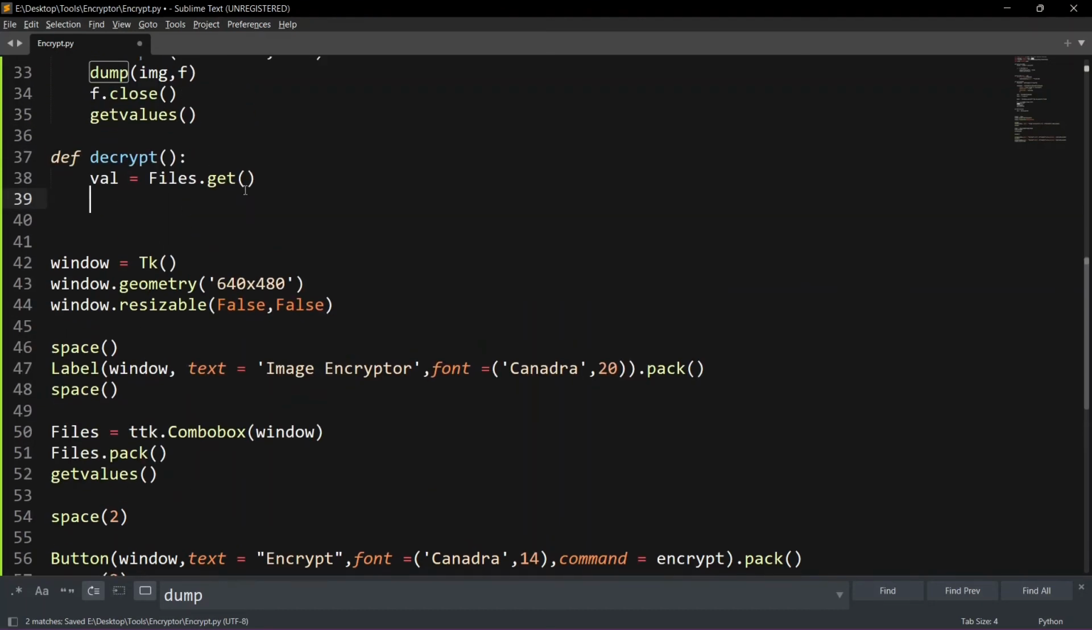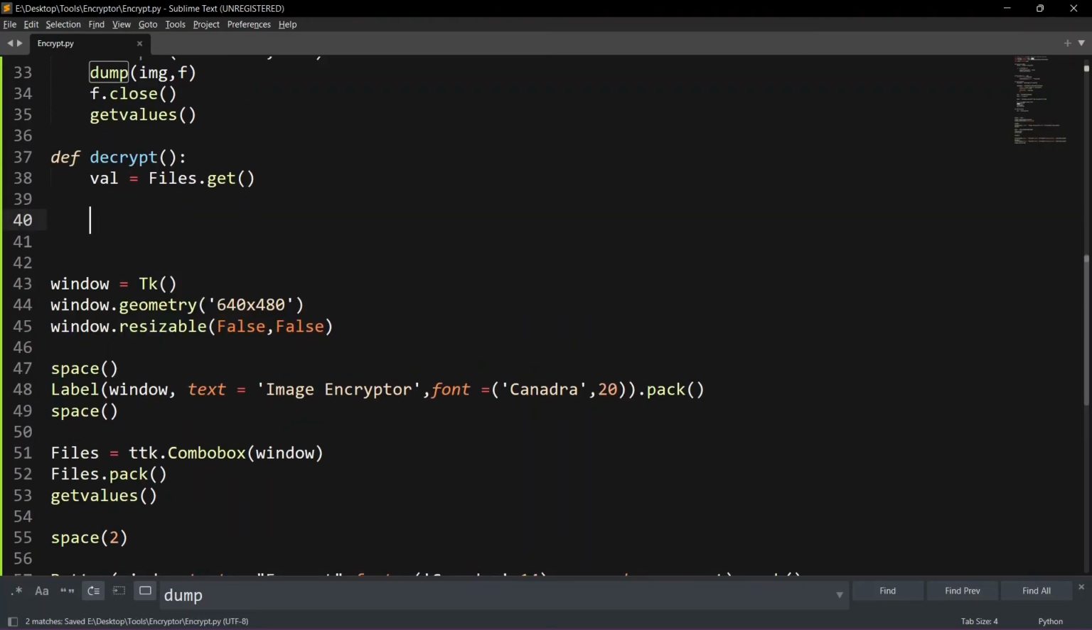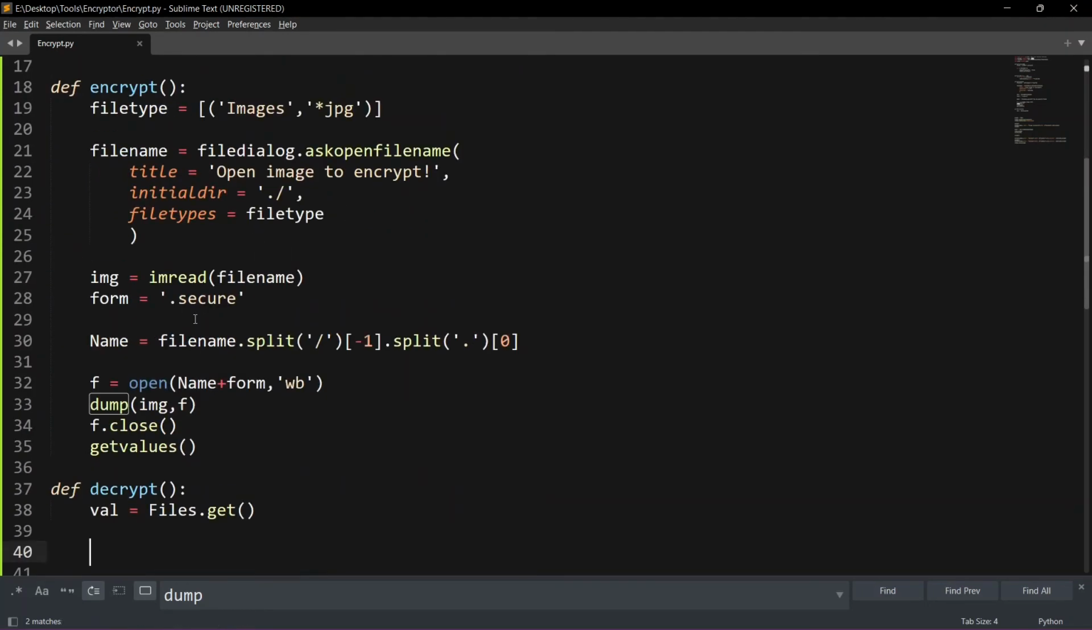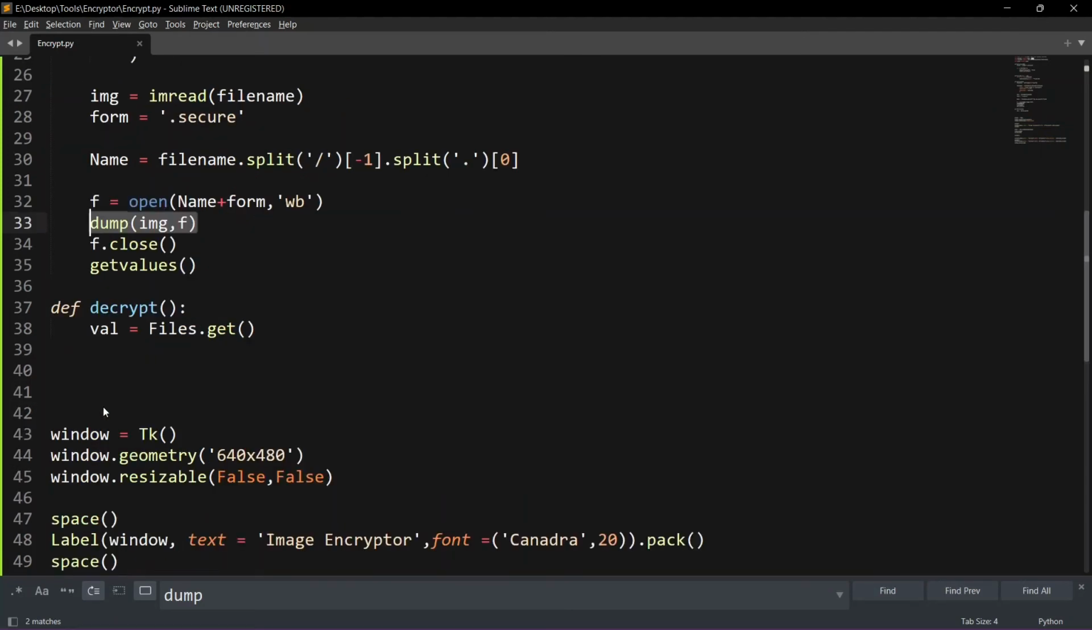We've already seen how to do this. Now we're going to use the pickle module to unpickle the file. Whatever we did over here, which is dumping the human readable form into the file, is called pickling, and we're going to do something called unpickling, which is basically decrypting the file. So first off, we have to open the file, so I'm going to say open val, and it's automatically going to be in rb,